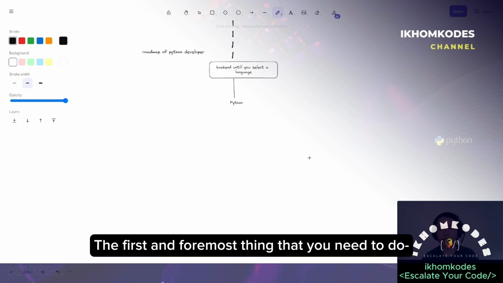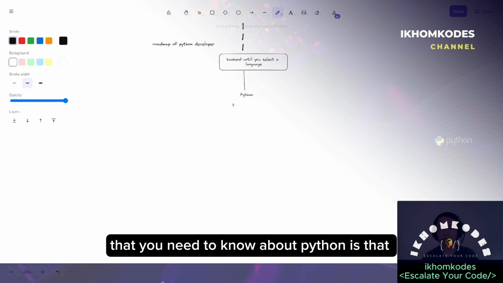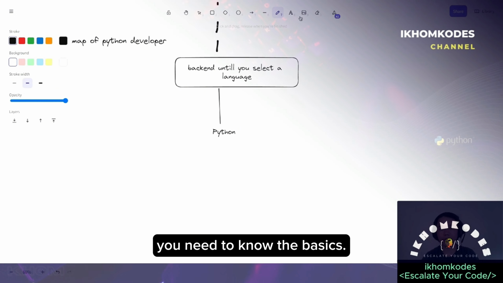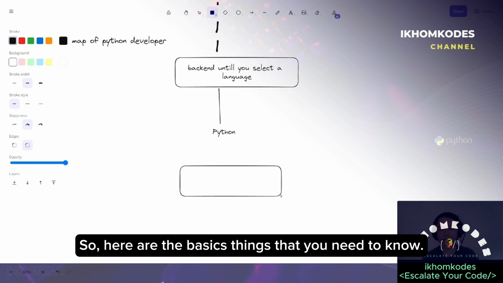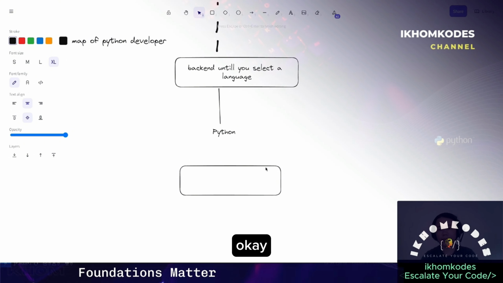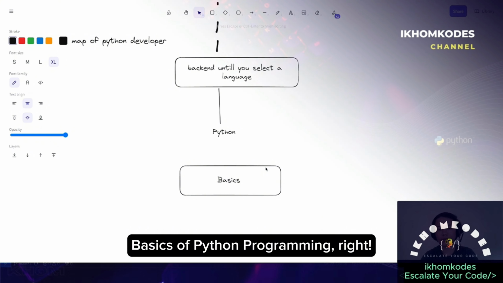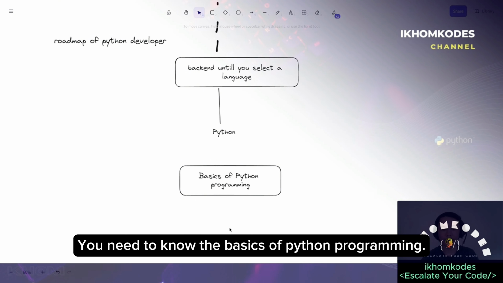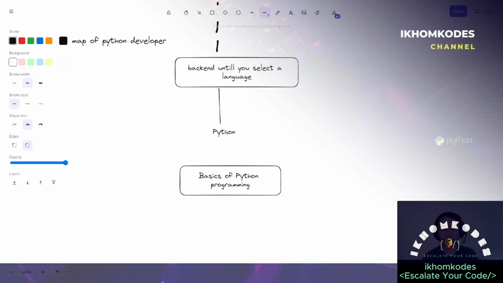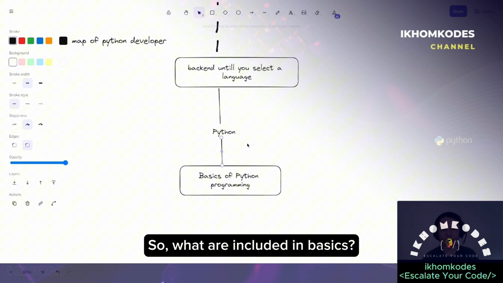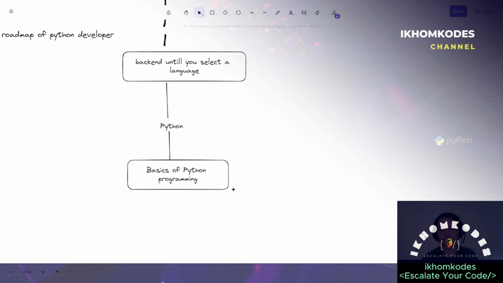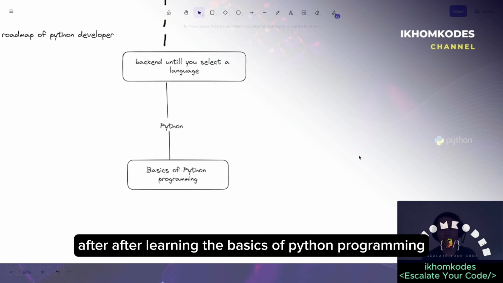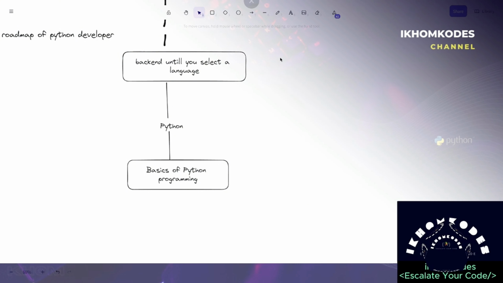The first and foremost thing that you need to know about Python is that before delving into Python programming, you need to know the basics. Basics of Python programming. So what is included in basics? We'll discuss it later. After knowing the basics of Python programming, you need to